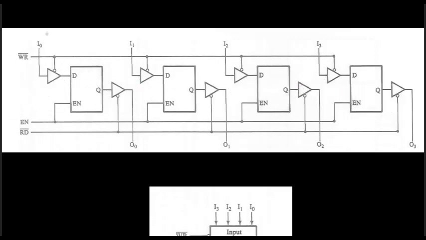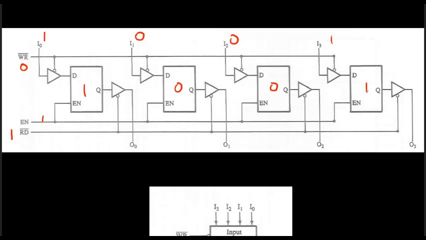Here the inputs are given. Suppose we want to store some data, like I want to store 1001. I want to store this data into this 4-bit register. So first, we have to enable this write buffer and disable this read buffer, and we have to enable this flip-flop, this memory cell. So when this is 0, the information gets stored inside the flip-flops, or this memory register.